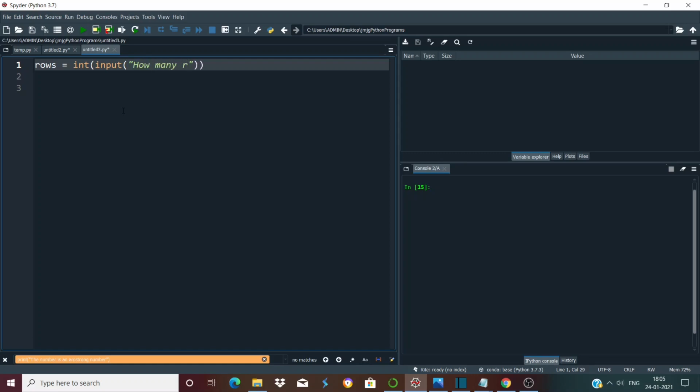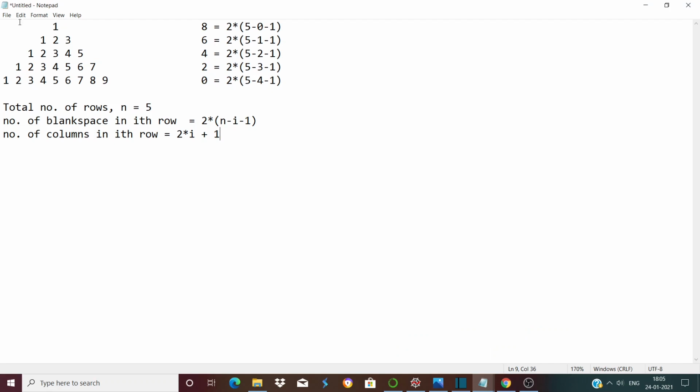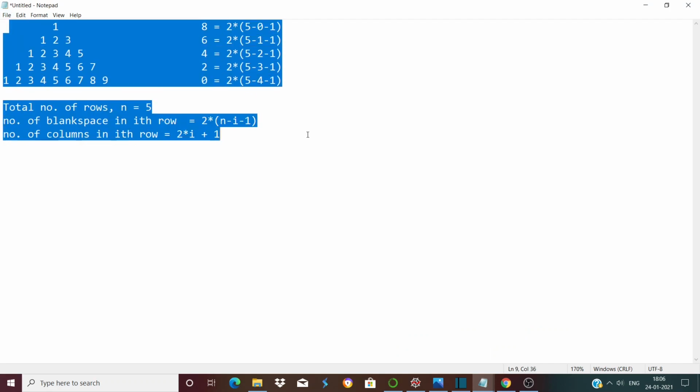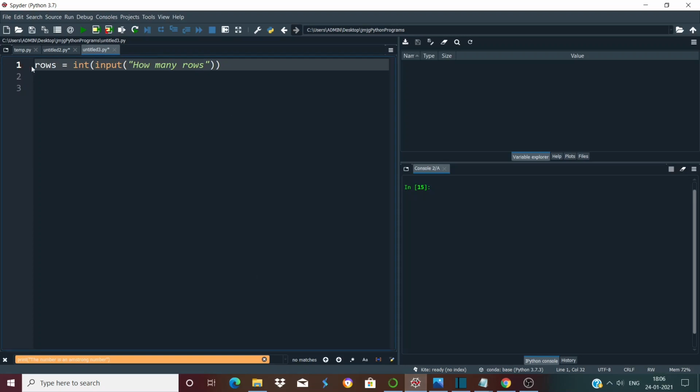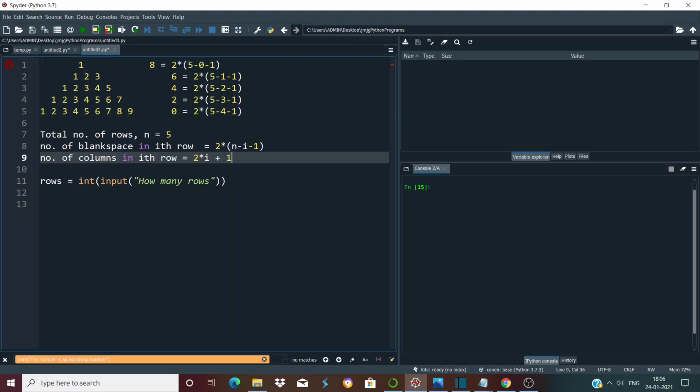Let's copy the entire thing from here because it will help us write our code. Let's paste it right at the top, and we'll follow this formula to write our code.